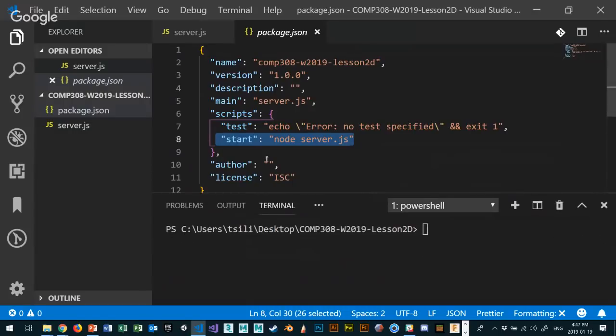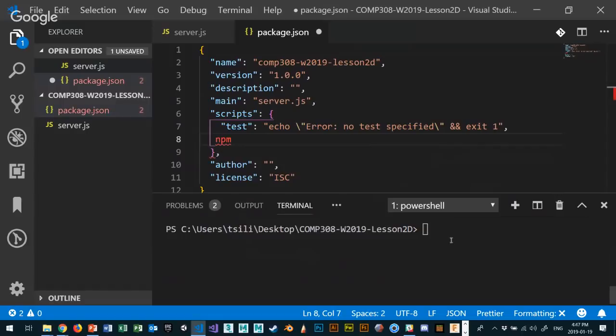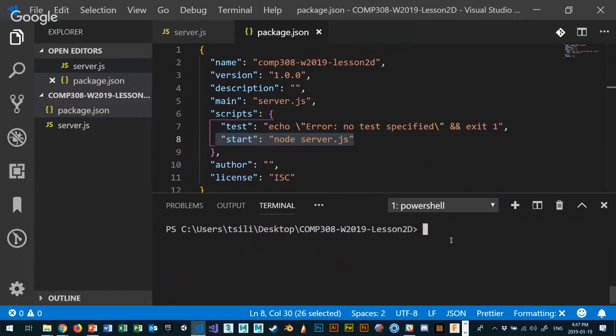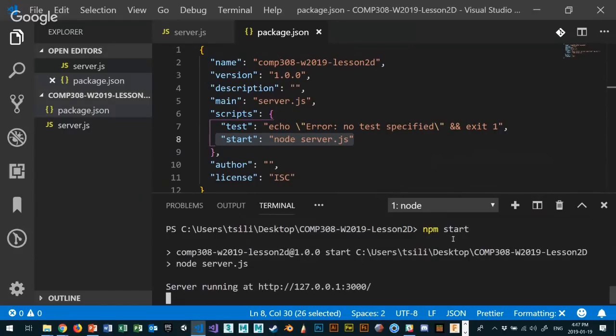This means that it's a shortcut. If I want to use npm, I can go on the terminal and say npm start. If I put npm start, it does the exact same thing: node server.js. There's advantages to this because you can make as many of these scripts as you want to do